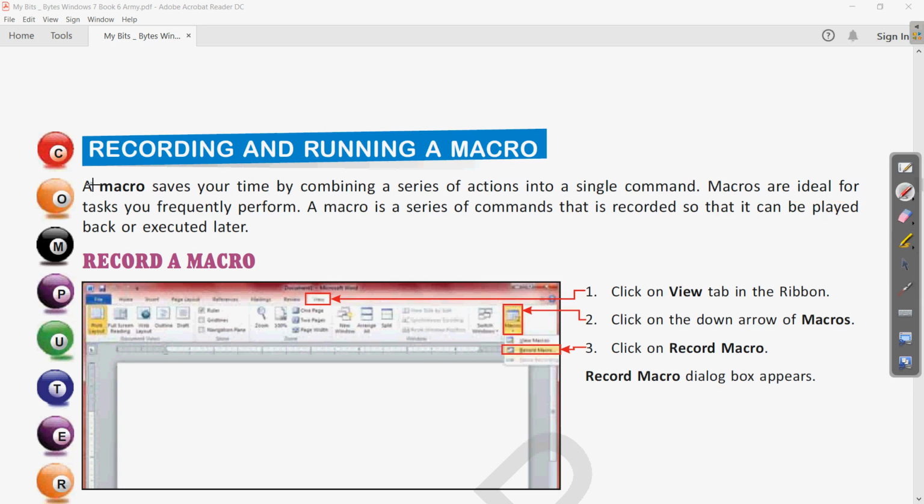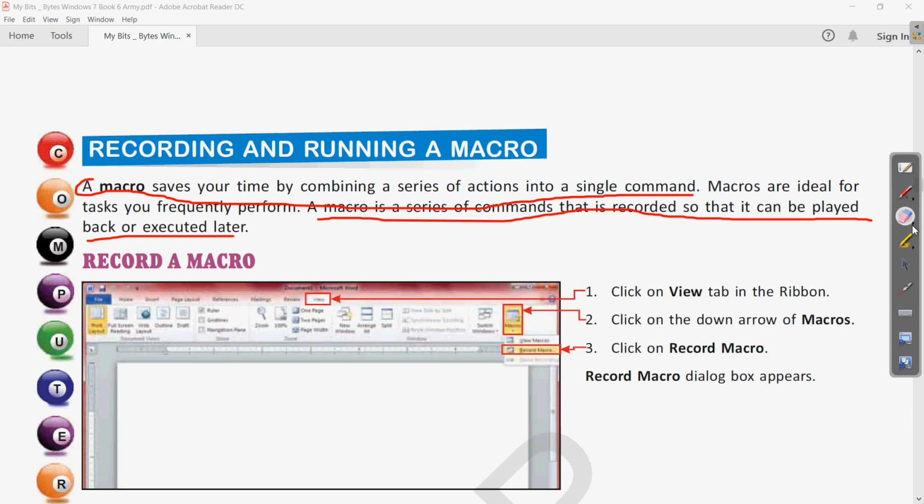So macro saves our time by combining a series of actions into a single command. Clear? Then macro is a series of commands that is recorded so that it can be played back or executed later. The first sentence and the last sentence. Clear? So what is the use of macro?